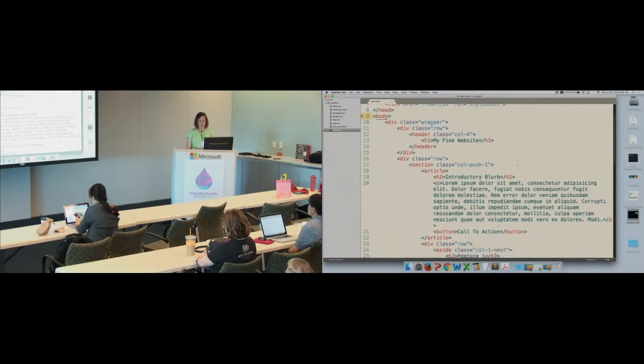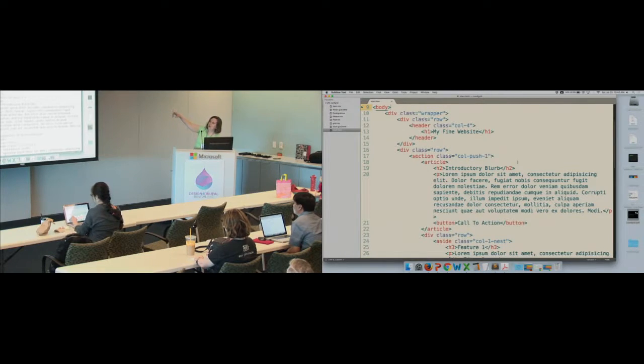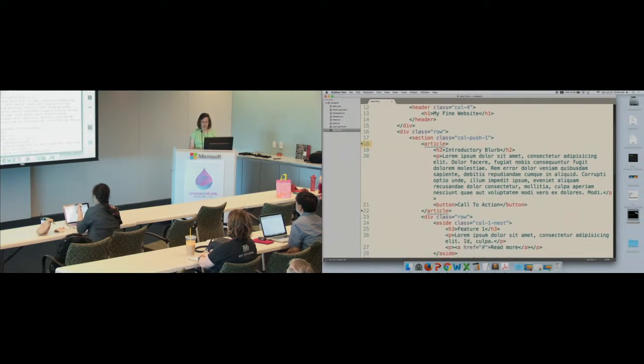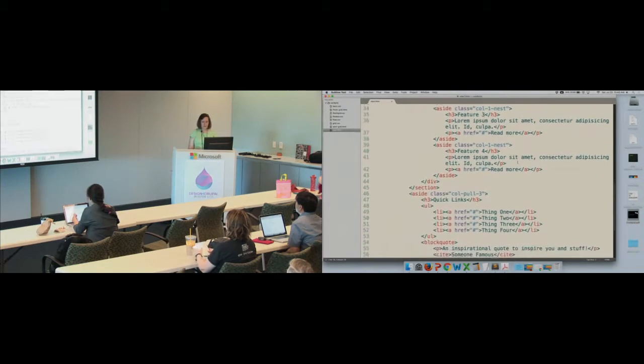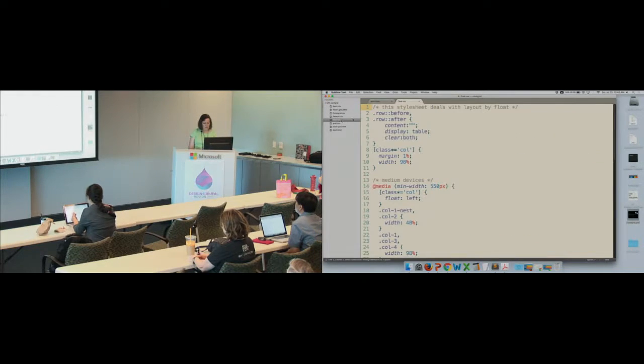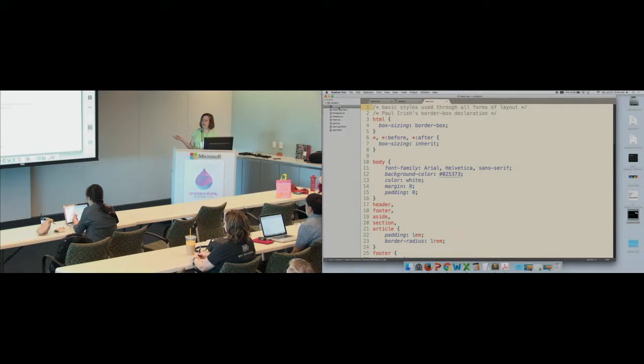this. I've got some divs that are going on here. So you'll see that we have divs with a class of row. We have some more semantic things happening inside, including sections. We have articles. We have some asides that are going on. I have a nested row in here as well. So you can dig through all of that HTML, and if you take a look, I have 2 style sheets that are available to you, just so you know. One's called Basic. Basic is the basic styling, like colors and fonts and all the rest of it, basically anything but layout. One thing I do want to point out to you is at the very top of the page,